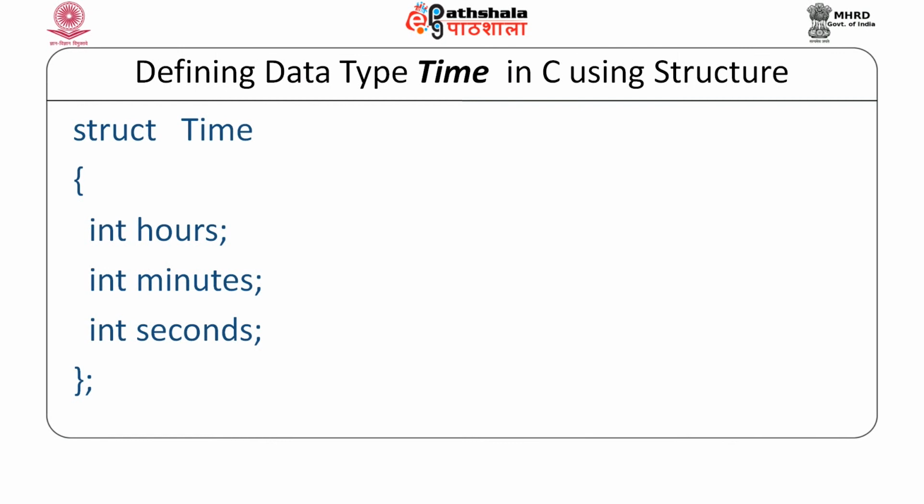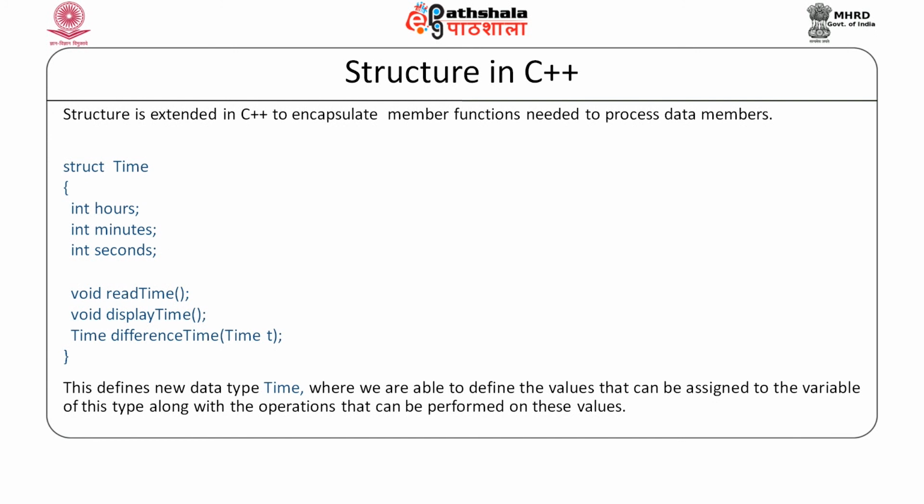This is how we used to create the time data type in C, where structure only defines the data part of that data type. This structure in C++ was extended, wherein apart from defining this data, we are also able to define the operations that we wish to perform on that data, and when we define these functions, within them we can define the behavior of these operations. So, when we define a data type like this, we define the second aspect of a data type also, that is the operations that we wish to get performed on the data that represents that data item. So, keeping this in mind, the structure in C++ was defined.